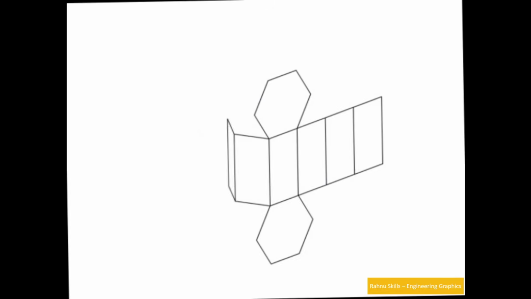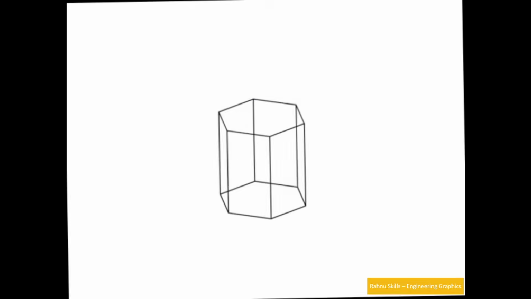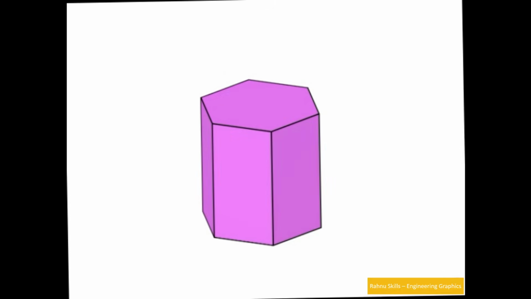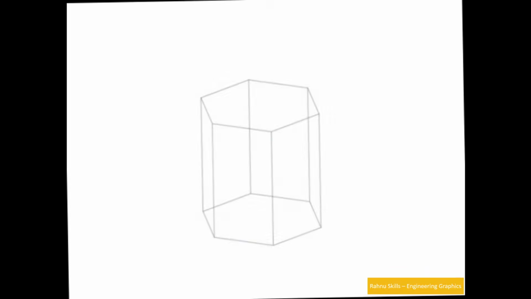Let's say when we bend the sheet in this direction from the face edges, then we get the solid surface like this. So when we have to manufacture a hexagonal prism, we use that method. For that we use the parallel line and radial line methods. This is the same topic, development.